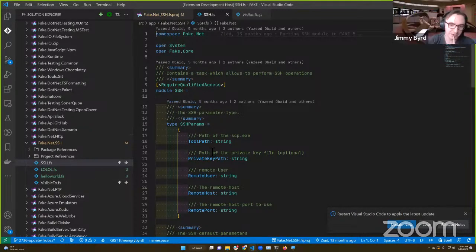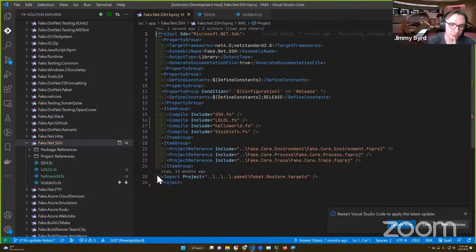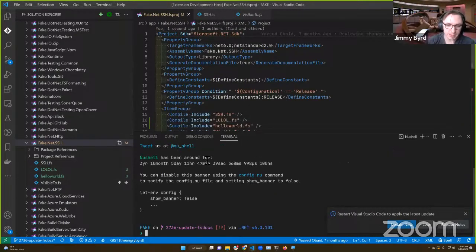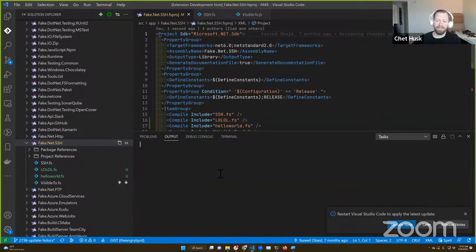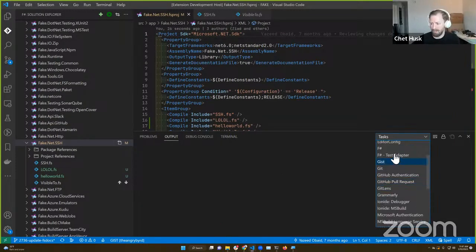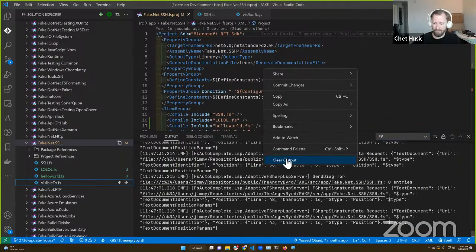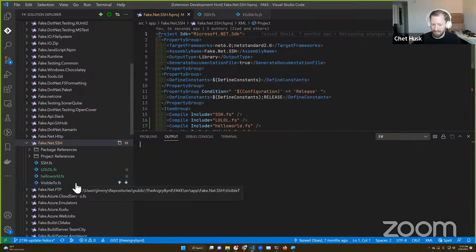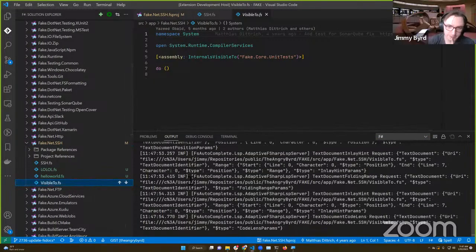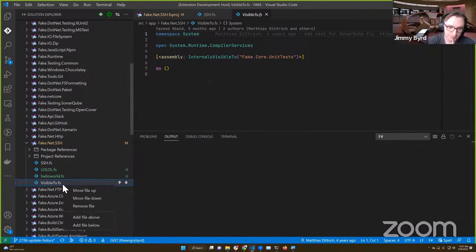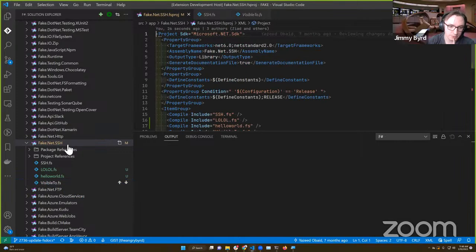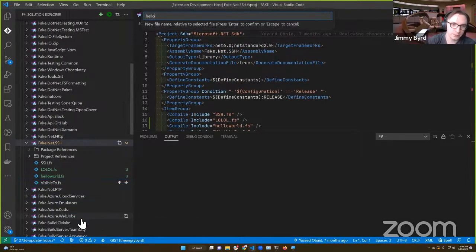Well, it came back because it finally loaded everything, but there was something that triggered. Oh, you know what it was? So bring the output panel up and go to the F# one, and do that thread again. Let's clear it, and make sure we're here. Add file above, Hello 3.